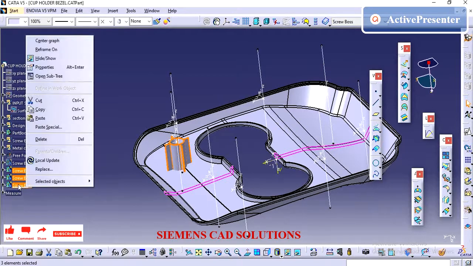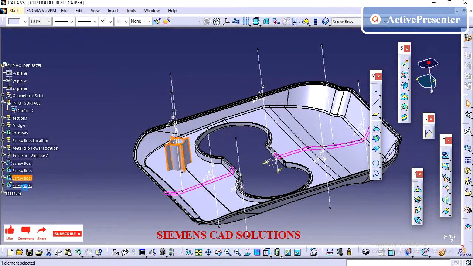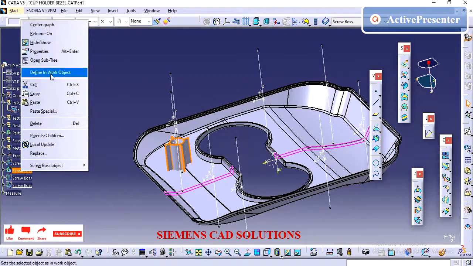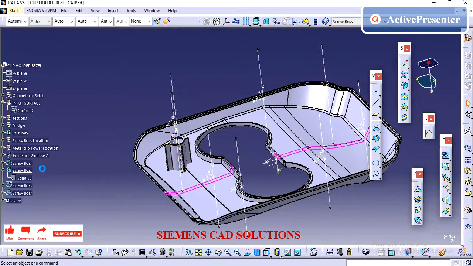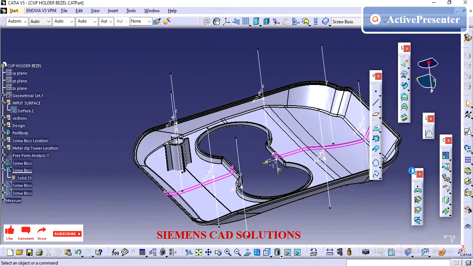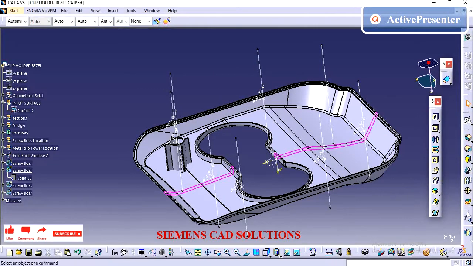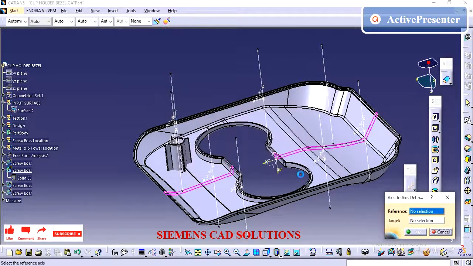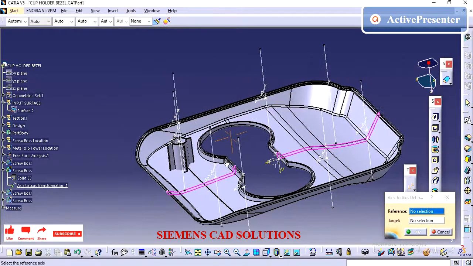In this part it is not required, so that is the reason I'm using one editable parameter feature. The remaining are all done with the axis transformation. I'm doing axis to axis transformation.